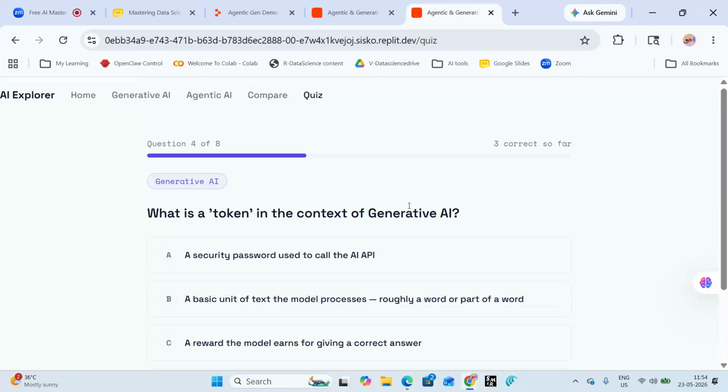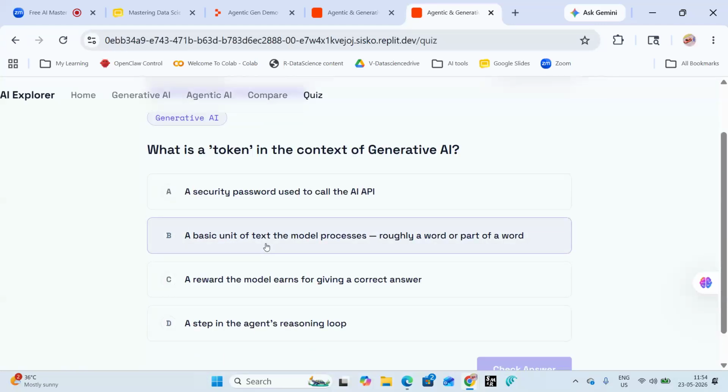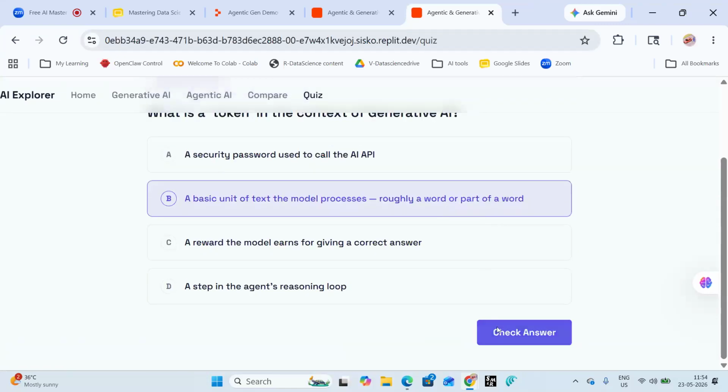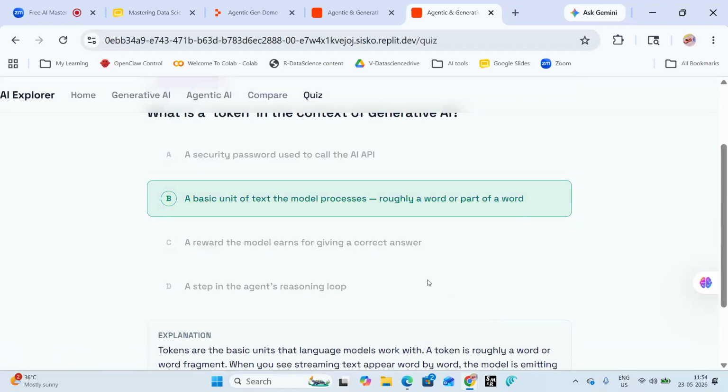What is a token? A token is nothing but a basic unit of text modeling, roughly a word or word part. When we put a question, that question will be split into small chunks and go to the data center where the data is stored, and while picking or bringing the data back, this kind of consumption is called a token.